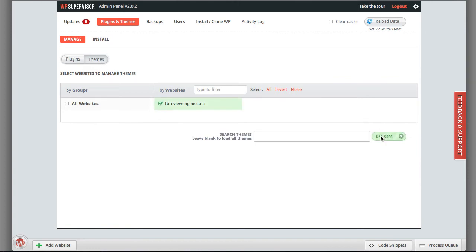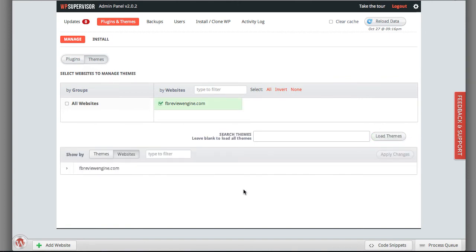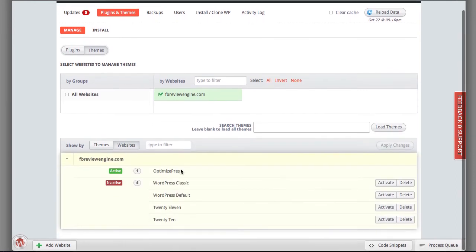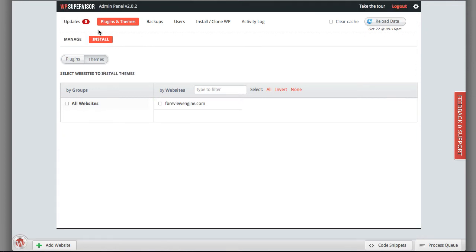I can load the themes up to see which ones I'm using. You can see here FB Review Engine. I click on that and it shows the themes that are on there, and that I have Optimized Press currently as my active theme on that site. Now if you go into the Install tab here, and this is where the real power of this tool comes